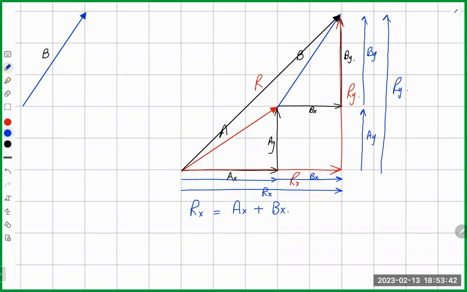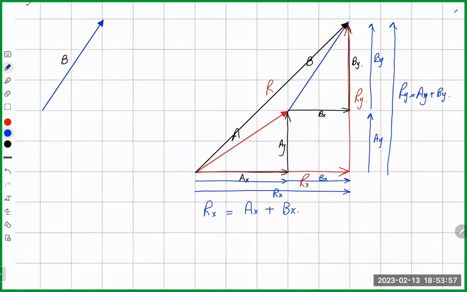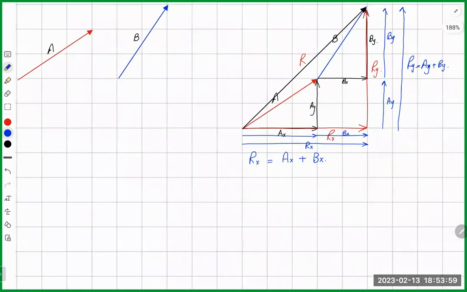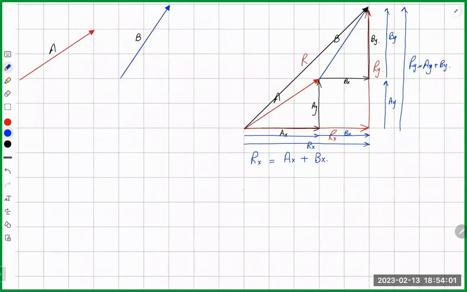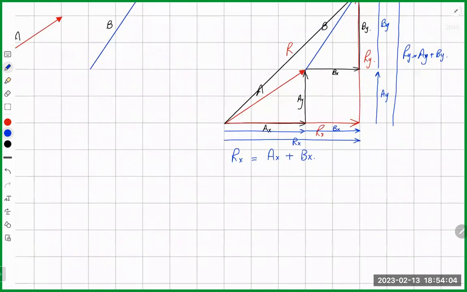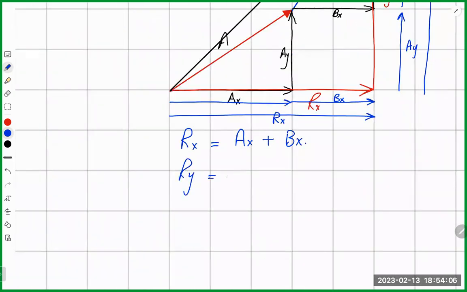If we have the resultant's Y component and the resultant's X component, can we use this information to find the resultant? Resultant X equals AX plus BX, resultant Y equals AY plus BY. So the resultant will be